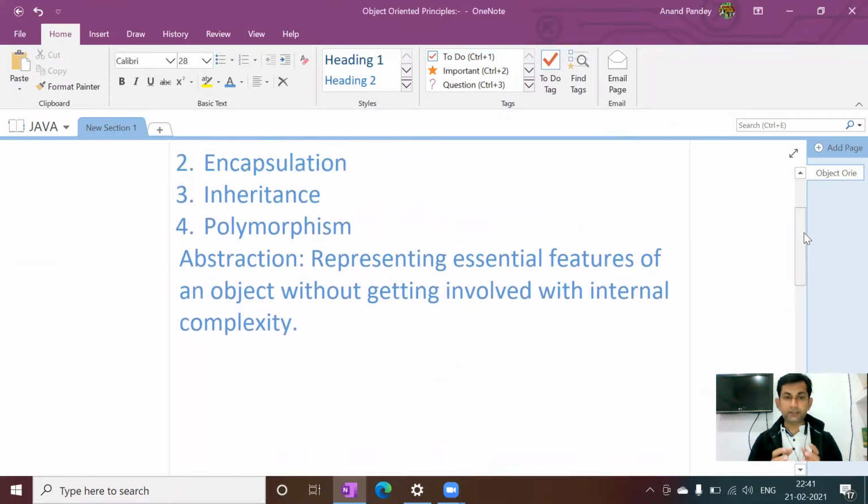Means what? Abstraction is a way to represent an object in such a way that only essential features of that object will be represented, and there is no need to involve with the internal functioning or internal complexity of that object.